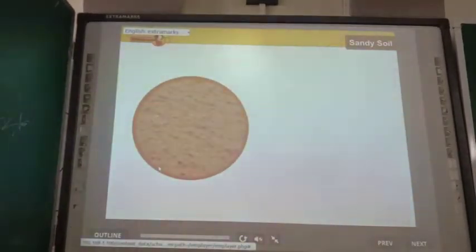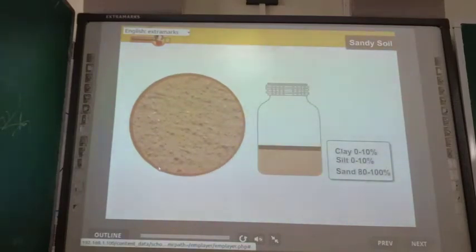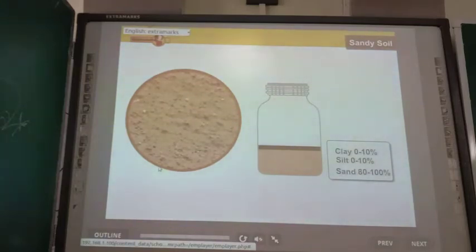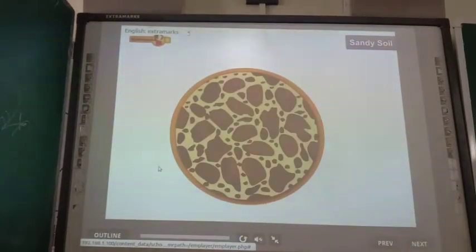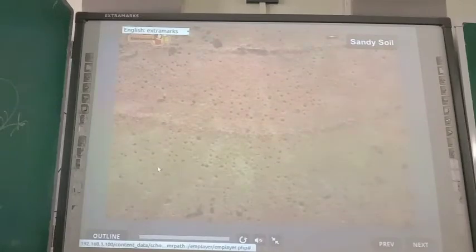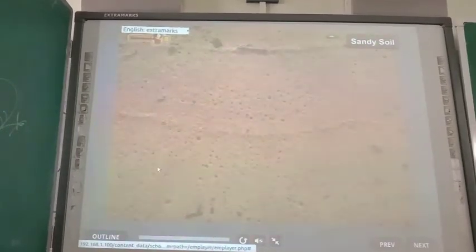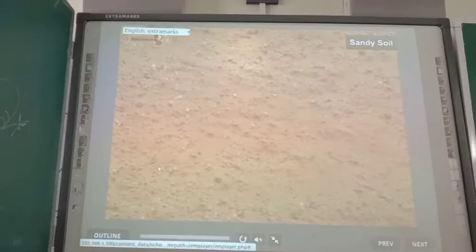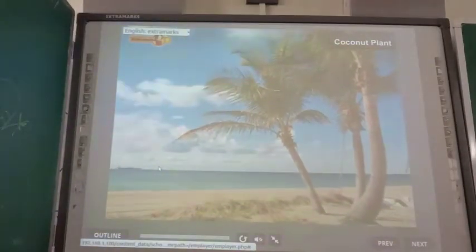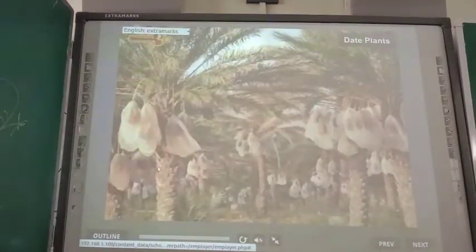Sandy soil mainly consists of sand particles with hardly any clay or silt. Thus, sandy soil has clay particles in a greater proportion than the fine particles in humus. It is characterized by loosely packed particles with large space between them. It can hold plenty of air but cannot hold much water. It dries up easily due to the fast draining of water. Sandy soil is useful for the cultivation of coconut and date.